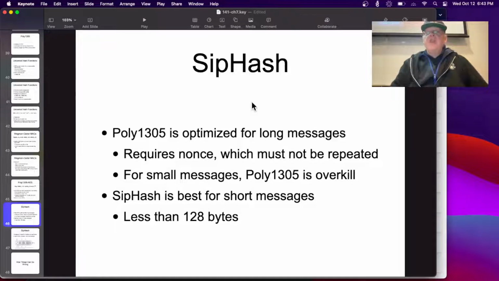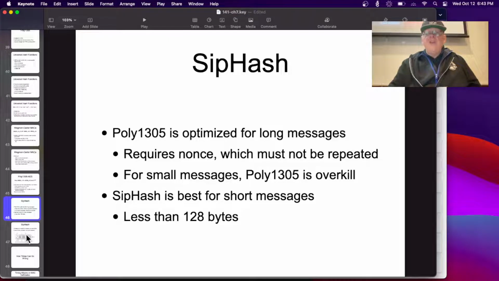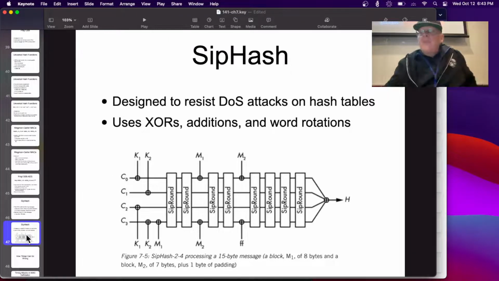Then there's one called SipHash. Poly1305 is optimized for long messages, and if you have small messages, then you can do something much simpler called SipHash. It only works up to 128 bytes. And what it does, this is a 15-byte message, so you have M1 of 8 bytes and M2 of 7 bytes, plus 1 byte of padding. So you have 8 bytes here and 8 bytes here, and you just run it through SipRounds, XORing in these keys, and these are